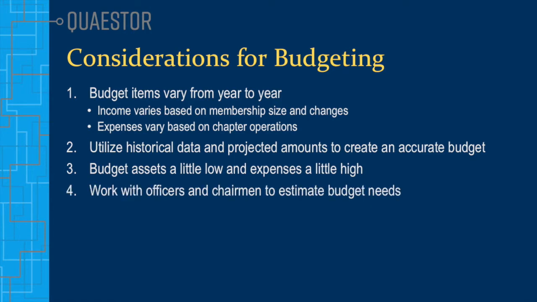It is also advantageous to work with officers and chairmen to help estimate their budget needs. Our example of consulting the recruitment chairman helps reiterate this point. Another example includes consulting the Derby Days chairman to estimate the cost of Derby Days based on their program plan. Perhaps they are looking to rent a different facility this year with a different cost, or they anticipate including additional activities. Another example would be consulting with the custos to see if they have plans for additional expenses from the previous year. Perhaps he has plans to replace some of the regalia, or is looking to rent a different facility for initiation. These are just a few examples of how collaborating with other officers and chairmen can aid in the building of an accurate budget.